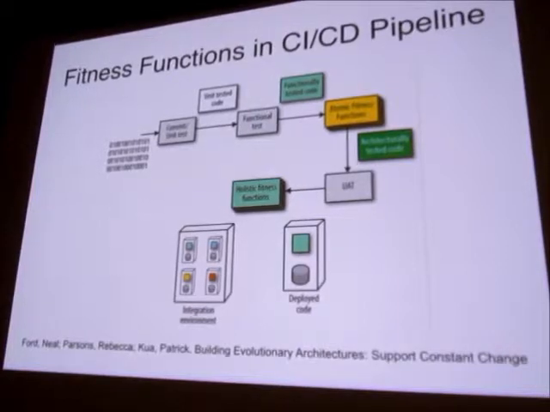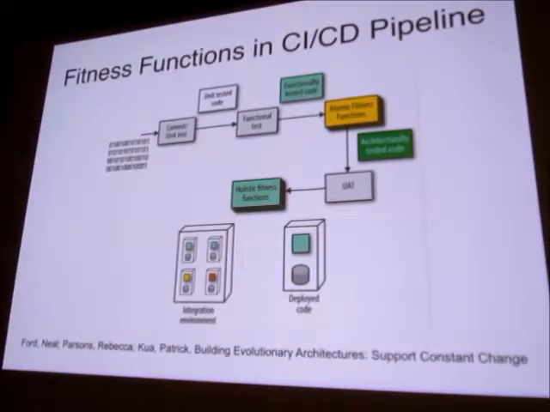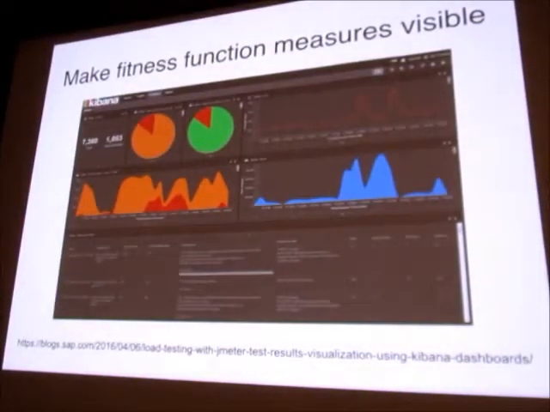And then later on, some of the higher level things like performance or security checks, they might be done after we sort of deploy it to some staging environment, or it could even be in production. These fitness functions are sort of a key part. And if we start to do that, then we can bring in logging tools and tracing. Once we have it as data, things get easy to track and measure with whatever dashboard tools we would want to use.